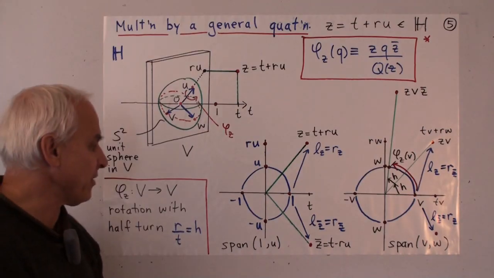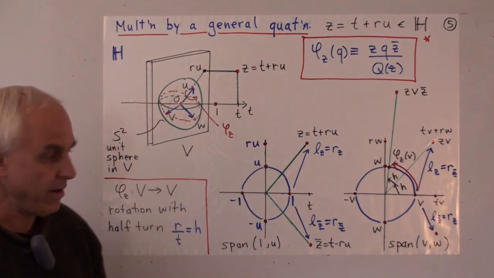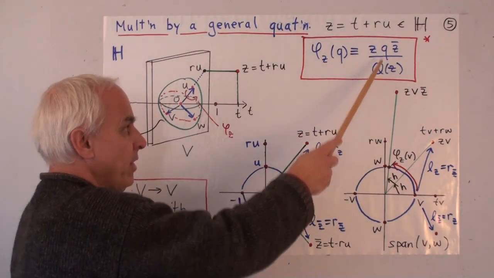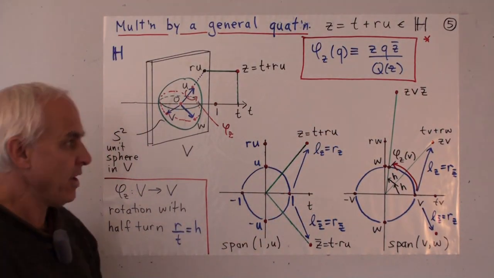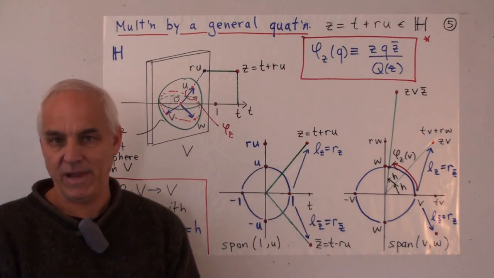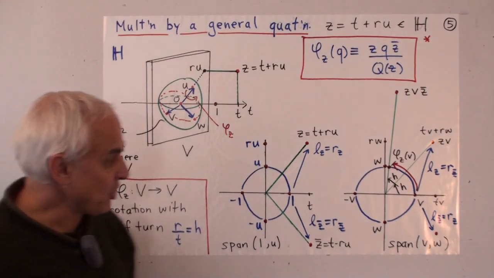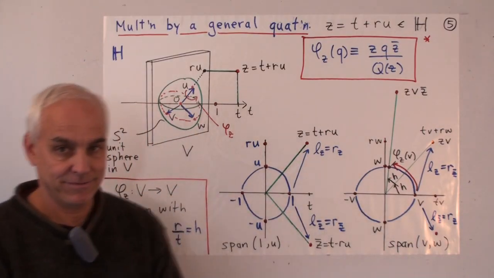We can see that directly algebraically. If you just plug 1 in here, you see that you still get 1. And if you plug in u, you can compute that you still get u. So this thing here does absolutely nothing to this two-dimensional plane. It leaves everything fixed. The interesting thing is, what does it do to this plane?